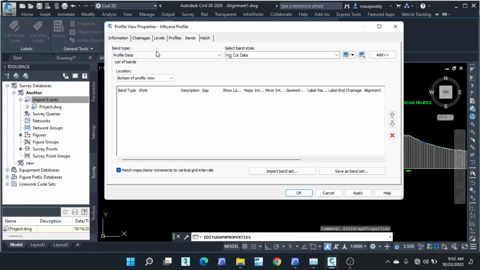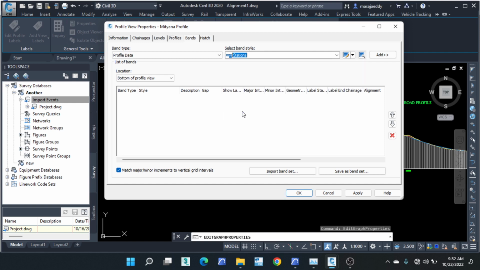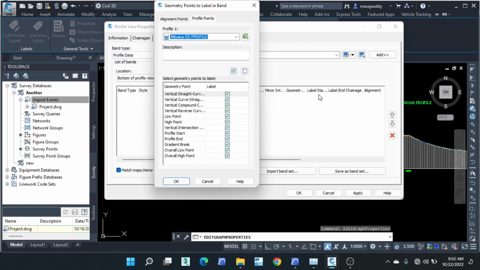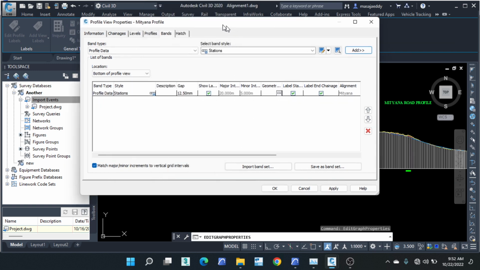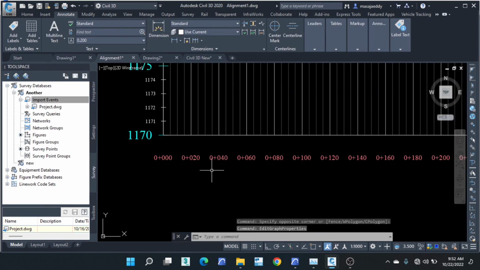So the first band you're going to be putting is going to be station, where the band type is going to be profile data. Okay, so you come here and then you click on station, right? Once you click on station, then you add. So they're going to tell you each and every illustration the station is going to be collecting, all the information it's going to be having. So you just add that. Once you add that, you click OK, then you should be able to see our band showing up. Okay,